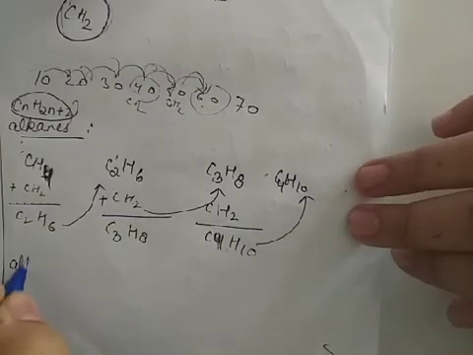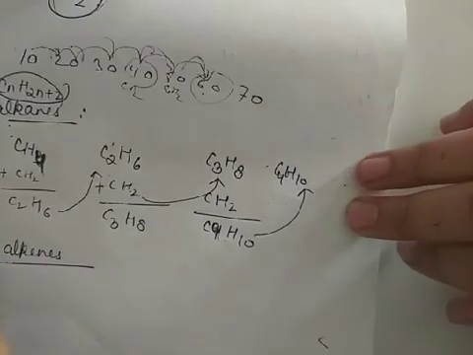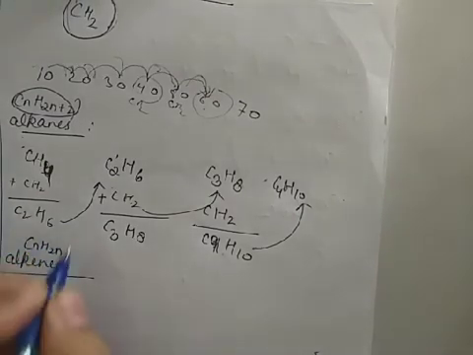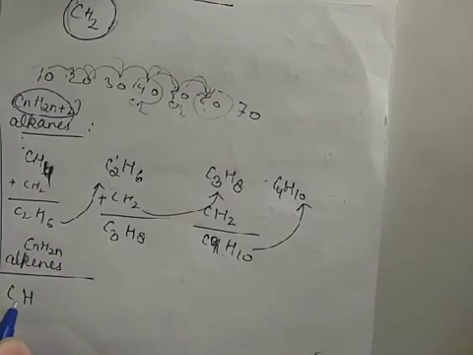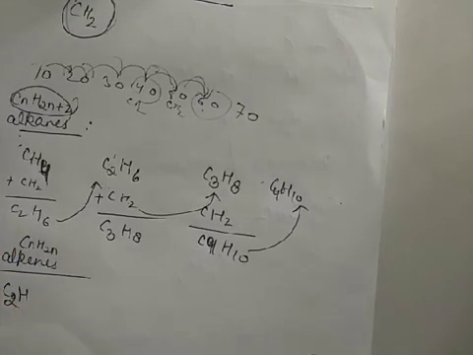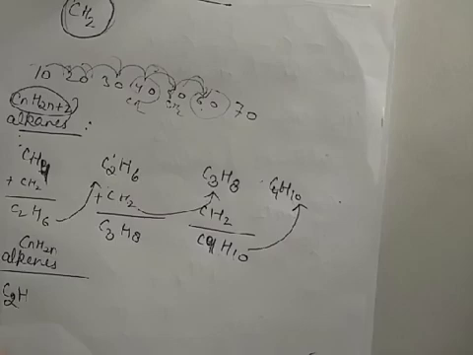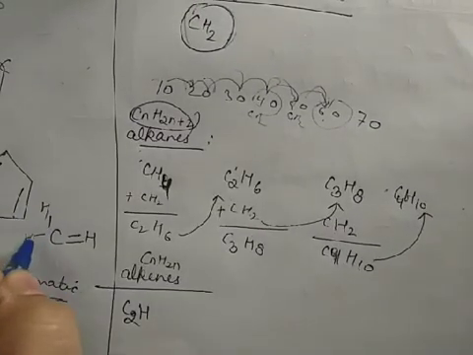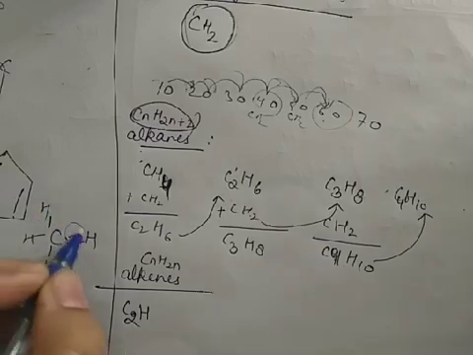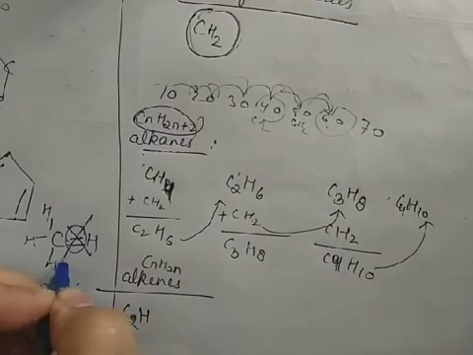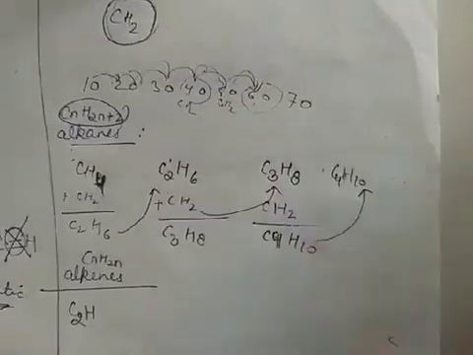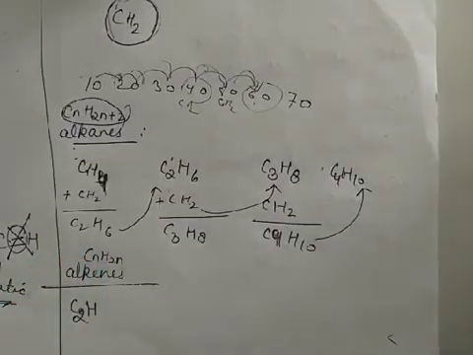Similarly, in the case of alkenes, alkenes have the general formula CnH2n. So let's write. सबसे छोटा एल्कीन is C2. There is no C1. एक कार्बन में डबल बॉन्ड नहीं हो सकता है, because it can never form with hydrogen. एक कार्बन के साथ डबल बॉन्ड कौन बनाएगा? Who will make a double bond with the carbon? Hydrogen? No, it is absolutely incorrect. So there must be a minimum of two carbons for alkenes and alkynes.